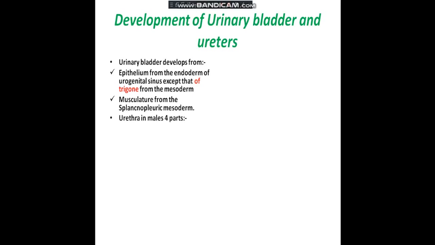The male urethra has 4 parts. One is called the prostatic part, another is the membranous part, another is the penile part, and another is the distal part. The portion of the prostatic part above the opening of the ejaculatory ductus develops from the mesoderm, while the rest, the membranous part, the penile part and the lower part of the prostatic urethra, all develop from the urogenital sinus. And the distal part develops from what is known as the ectodermal tissue.